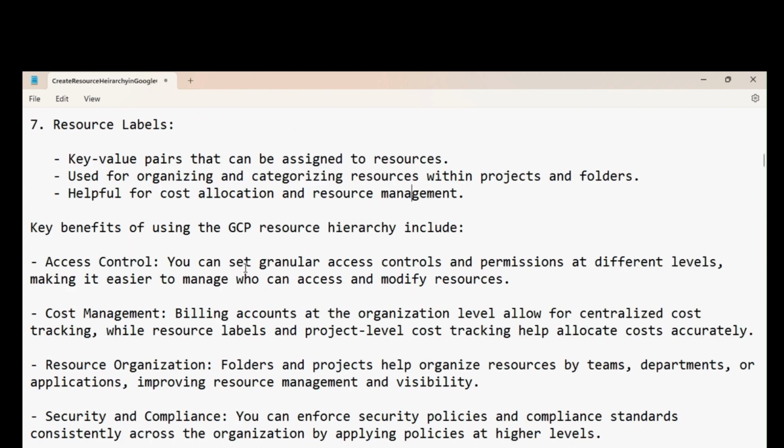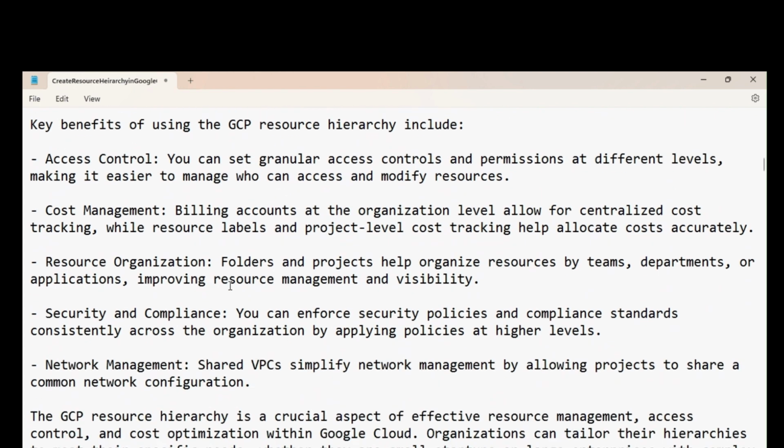So what are the benefits? Why are we using this GCP resource hierarchy? It will help to control the access. It will help to manage the cost, organize the resources, security and compliance. So basically, we are able to manage and group the resources, right? So quite obviously, it's implied that it will help in controlling access, managing cost, managing resources, and implementing security compliances,